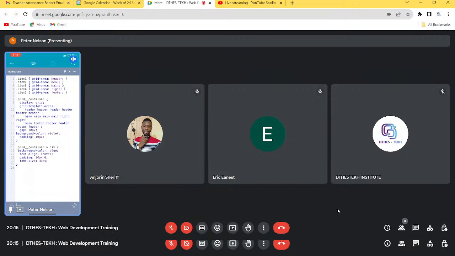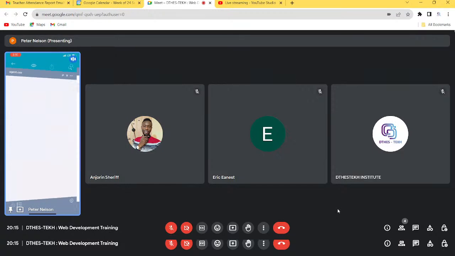I will explain that when I show my modification. Then when you look at line 11, it says that menu should start, and we should have 3 spaces for main, then 2 spaces for right. Then when we look at the third row, it says that menu should start again, and the rest will be footer. So now when we run